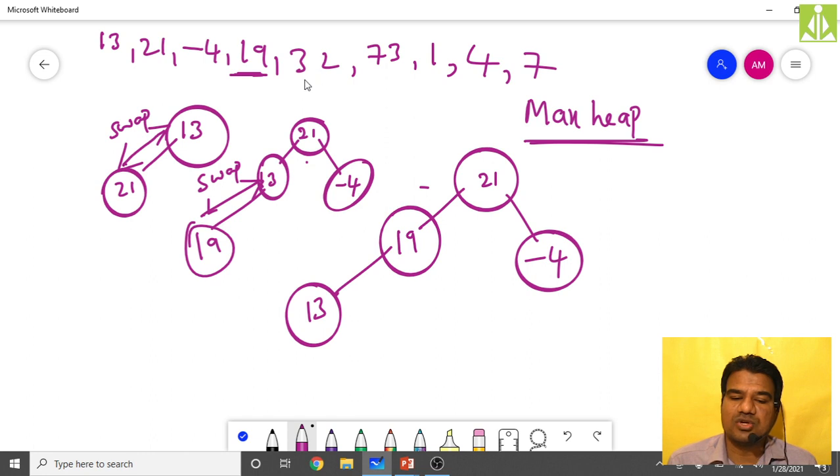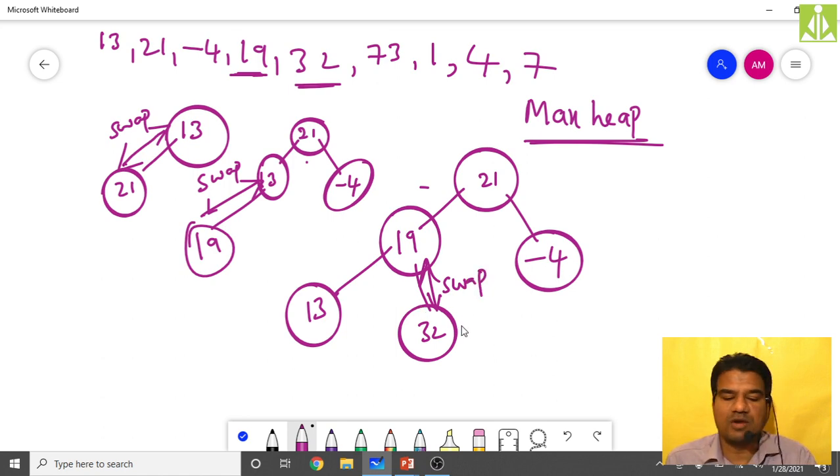Our next node is 32. Where do we insert it? At level 2, left to right. 13 is already the left child, so make 32 the right child of 19. After inserting, do the comparison: 32 with 19. The parent node has the smaller value and the child node the greatest value, so swap these two.